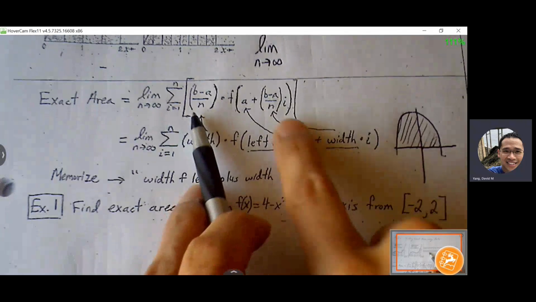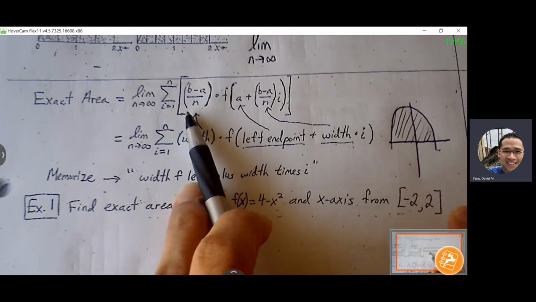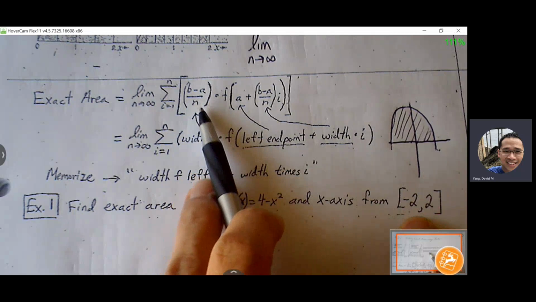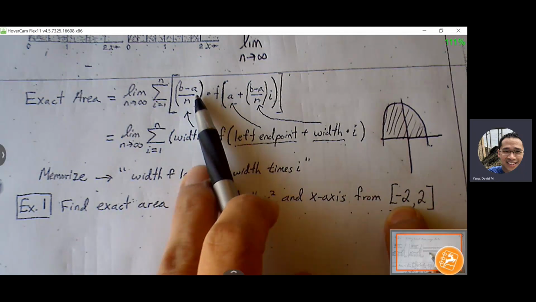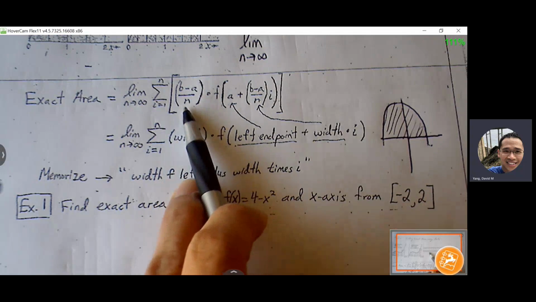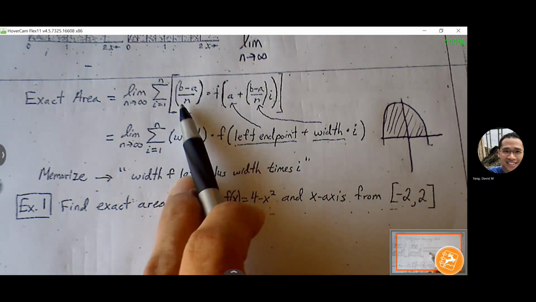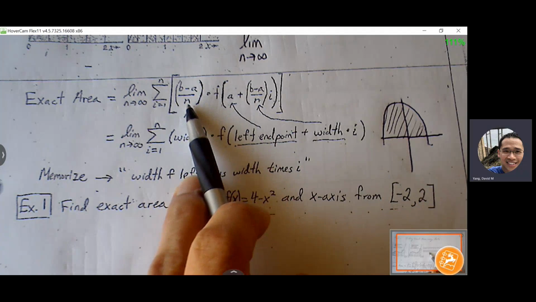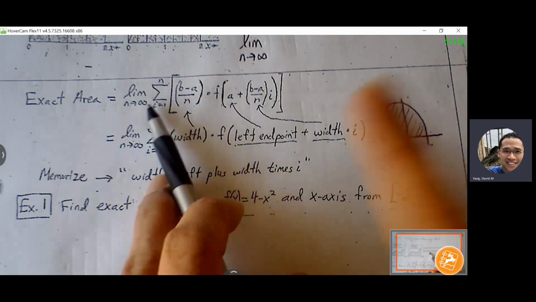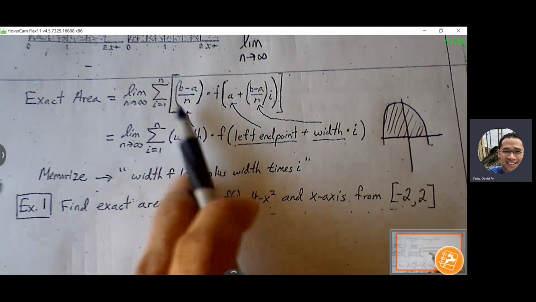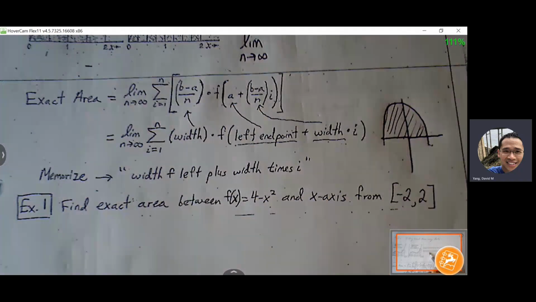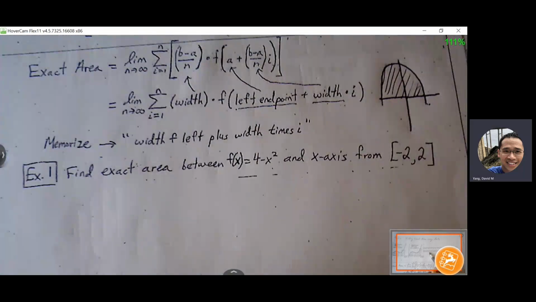Okay. We're going to start inserting into the parts that we can do. So what's our A value? -2. What's our B value? 2. Okay. And what's our N value? Yes, we're going to leave it as N, and eventually we'll push it out to infinity. So we're not going to have a numeric value to put in for N. We're going to leave N as it is, and later on we'll let the limit do its course with N. Okay. But right now we have to hold on to N because we're not just dealing with 2, 3, or 4 rectangles. We're going to let that N push out to infinity. Okay, so